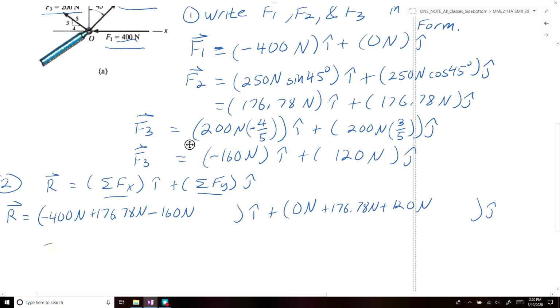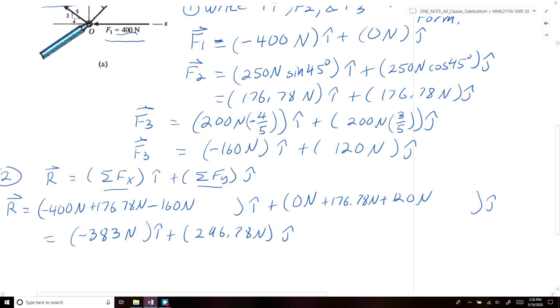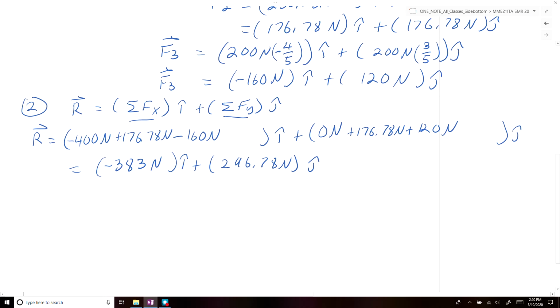If you do all that math, what we end up getting is minus 383 newtons times i plus 296.78 newtons times j. All right. So that is our resultant force